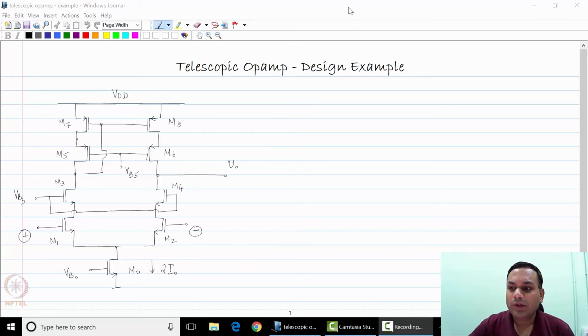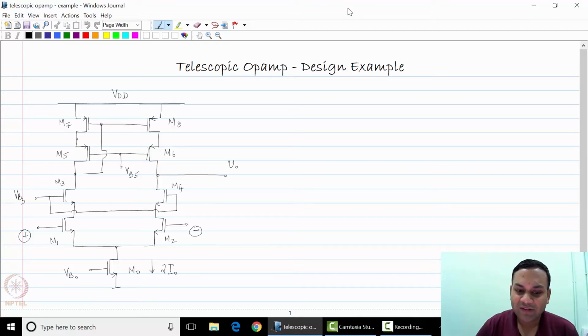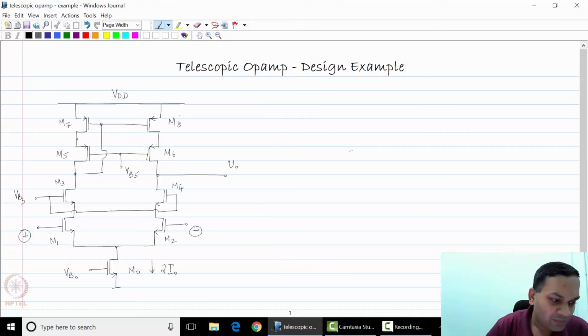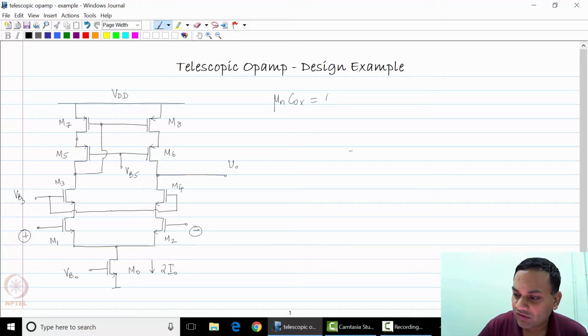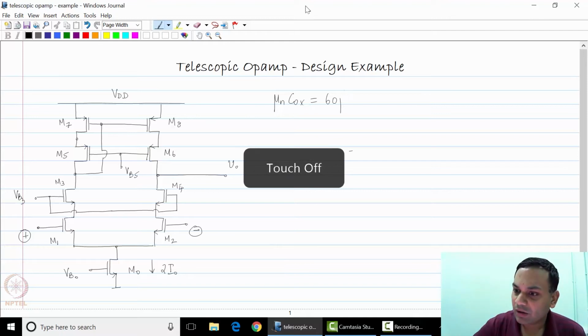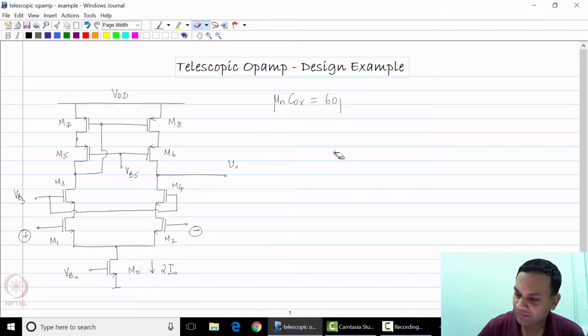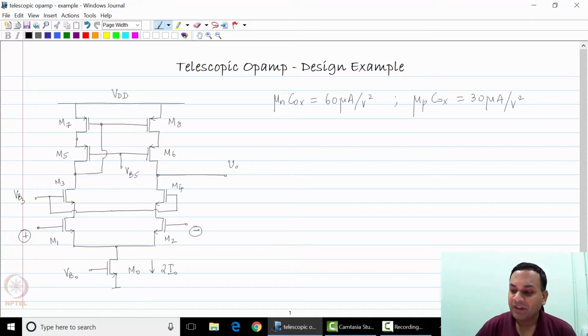In this lecture, we will look at a design example of a telescopic op-amp. So we will assume that the MOSFET process parameters are given to us. So let us first list them down. The MOSFET parameters that are given are mu n Cox is 60 microamp per volt square, and mu p Cox is 30 microamp per volt square,